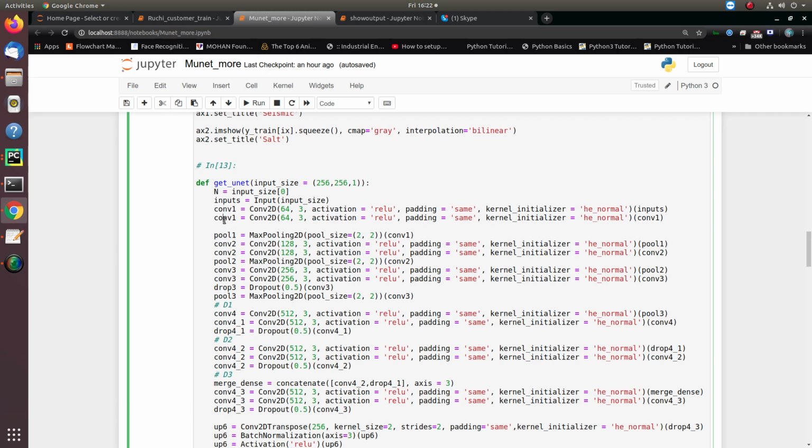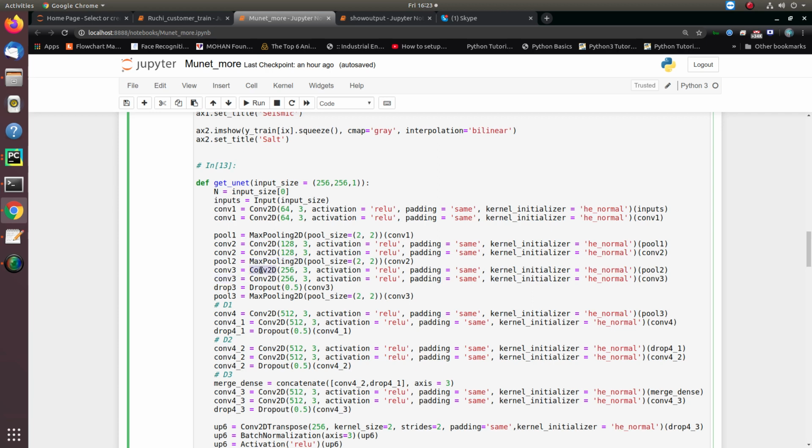Thereafter, first convolution layer, second convolution. Max pooling is used for selecting the most useful image pixels from the output of the convolutional layer and passing it to pool 1. Pool 1 is further processed by the second convolution layer, containing 128 filters, followed by max pooling.